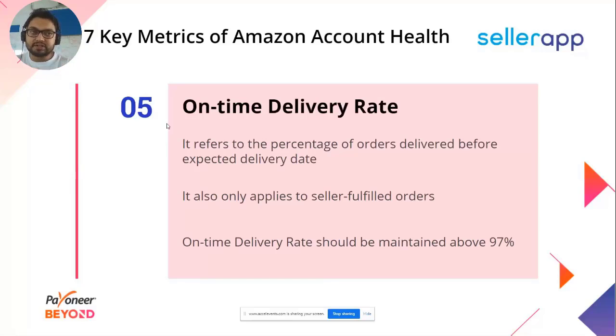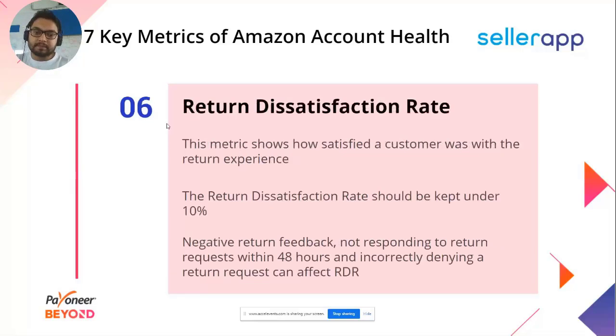So everything falls into this nutshell: you have to make sure that you are doing the deliveries on time, right? And again, it's from the customer perspective. Even if you get a return, how satisfied the customer is during the return process, right? You would have seen that several times a customer raises a request for a return, but it's not accepted, right? Or maybe they have queries and these kinds of things, right? So you have to make sure that even in a return, the customer is satisfied. That's the policy from the Amazon side, right? So your return satisfaction rate also matters, and you have to make sure that you keep it under 10%.